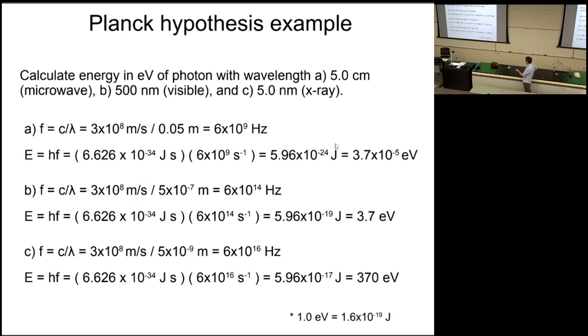With the visible light, again, we're going to multiply Planck's constant times the frequency. The frequency is much larger now. We're going to get a larger energy packet. It comes out to be 3.7 electron volts. So visible light has energy packets that are the scale of an electron volt, depending on whether you're violet or